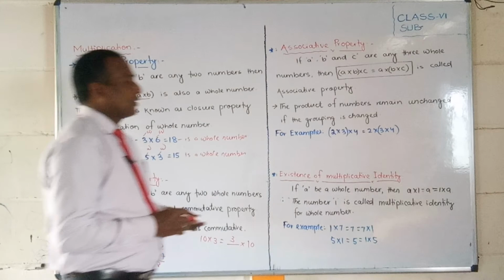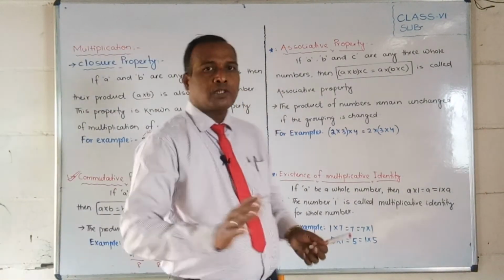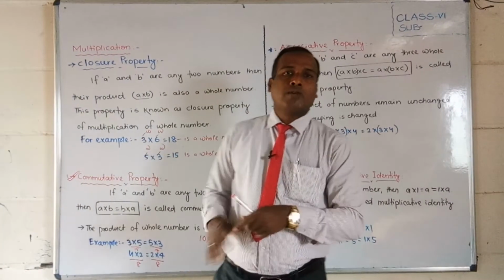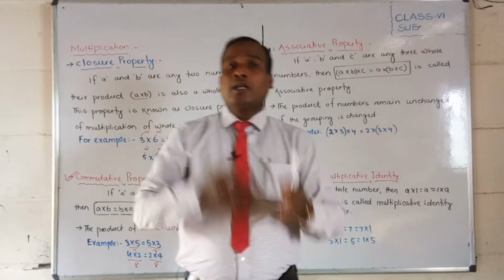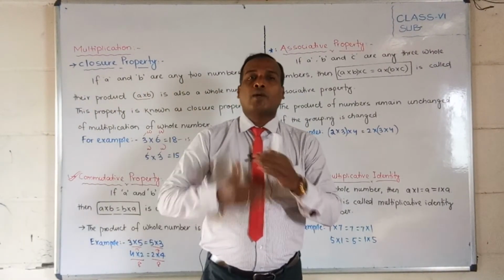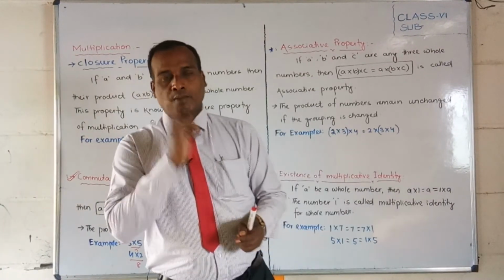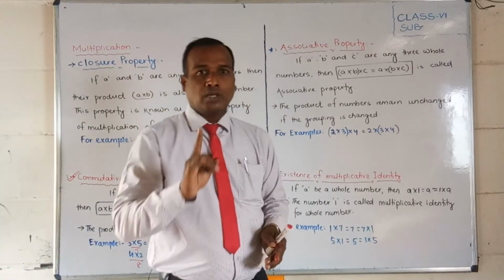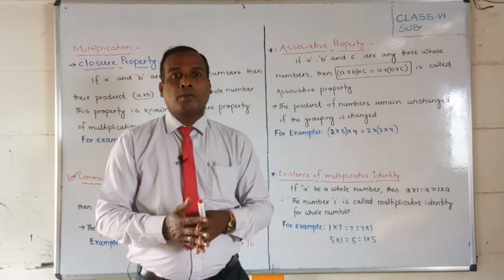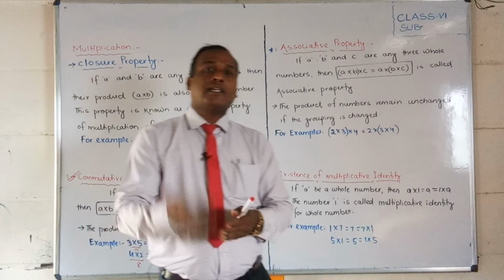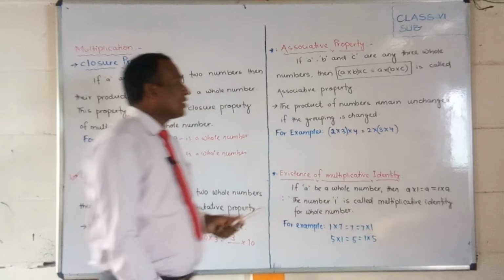Now we will discuss, students, what is the associative property? If the commutative law is satisfied, then the associative property will also be satisfied. Here we were taking only two whole numbers, but now we are taking three whole numbers. Whenever you make groups and multiply, if you change the grouping, the value is unchanged in multiplication. Remember, students, in subtraction this is not possible, it is not satisfied. But when we multiply any three whole numbers and change the grouping, the product, the value is unchanged.